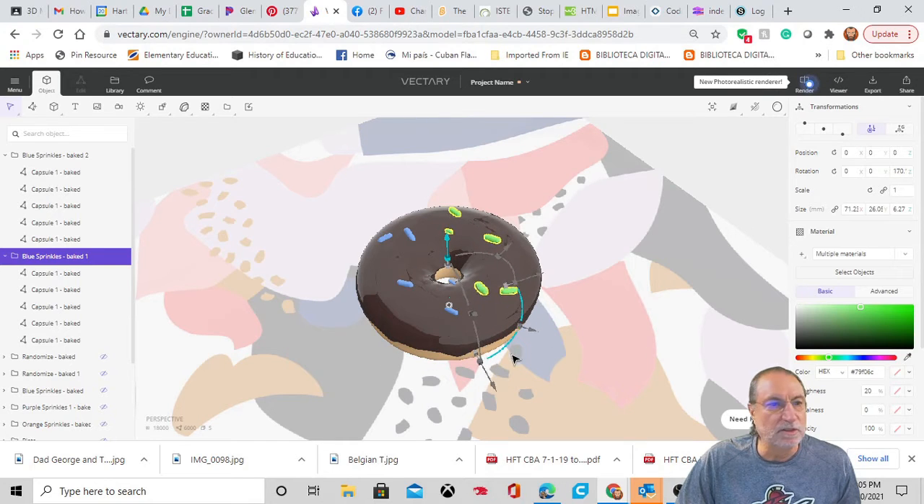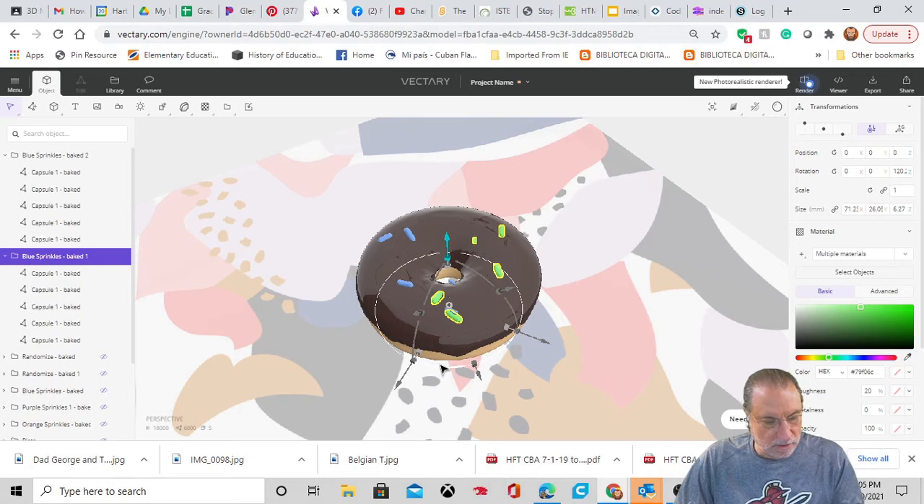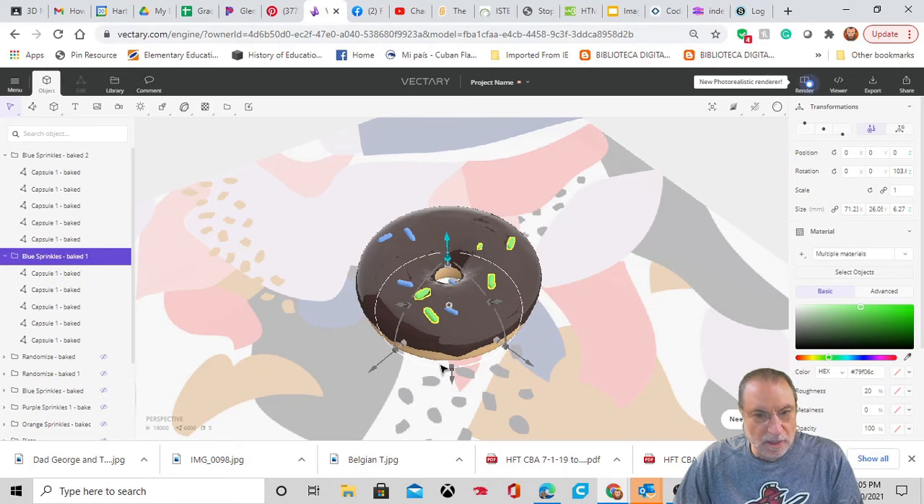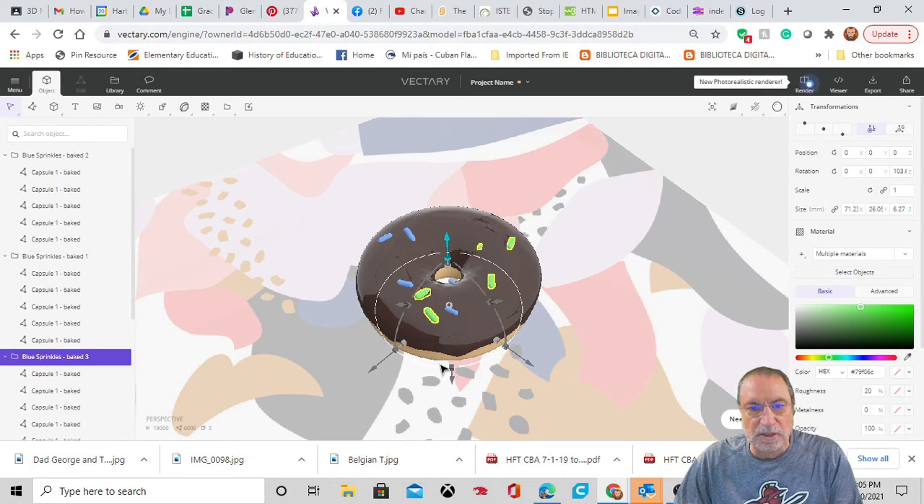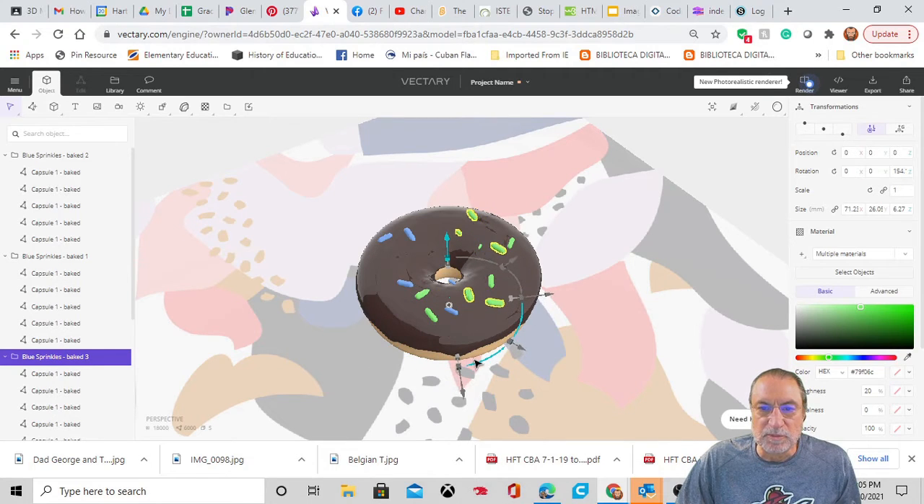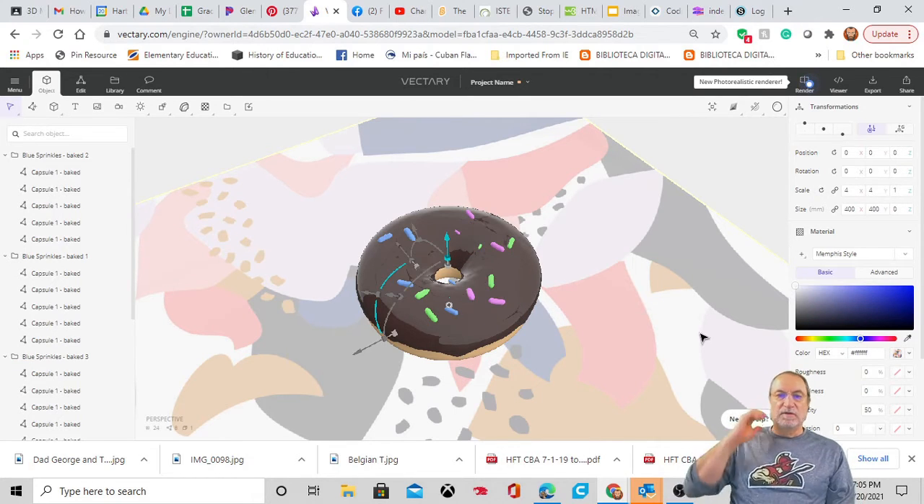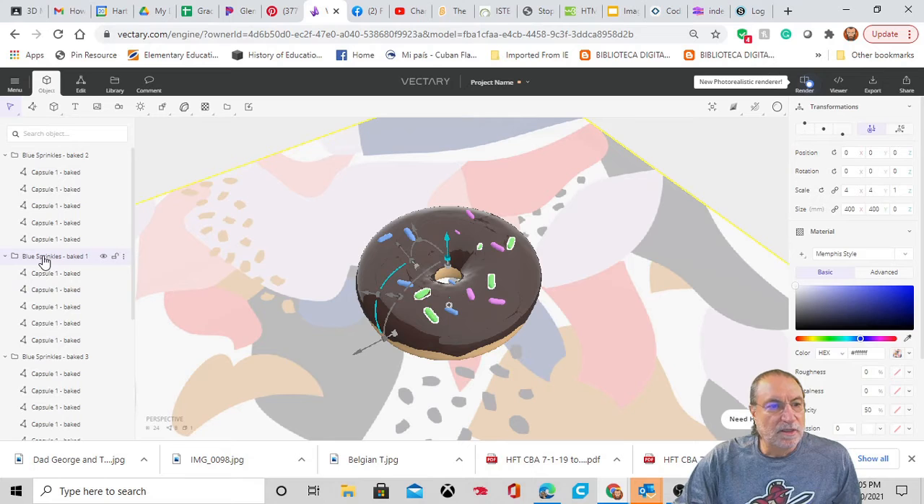Oh, that didn't give me a second one there. So let's do a Control Z, and then a Control D. Now I have them. So I'm going to spin them a little bit more, and I'm going to make these, I think, more of a pinkish color. So now I have 3 sets of sprinkles, 3 different colors, and I can